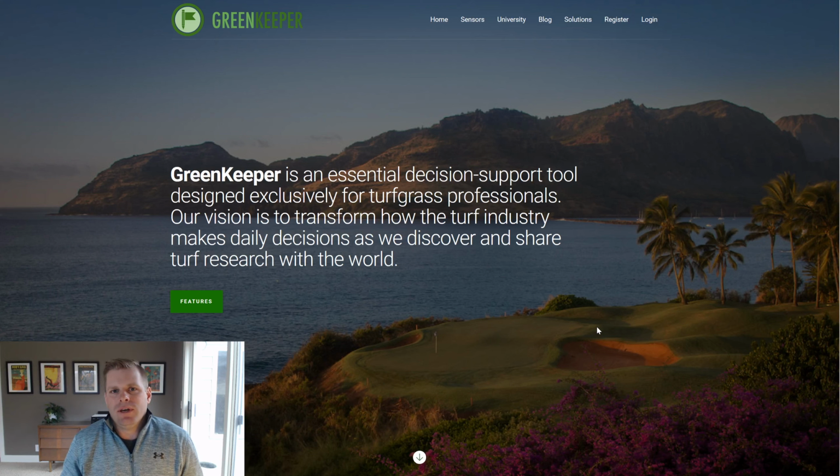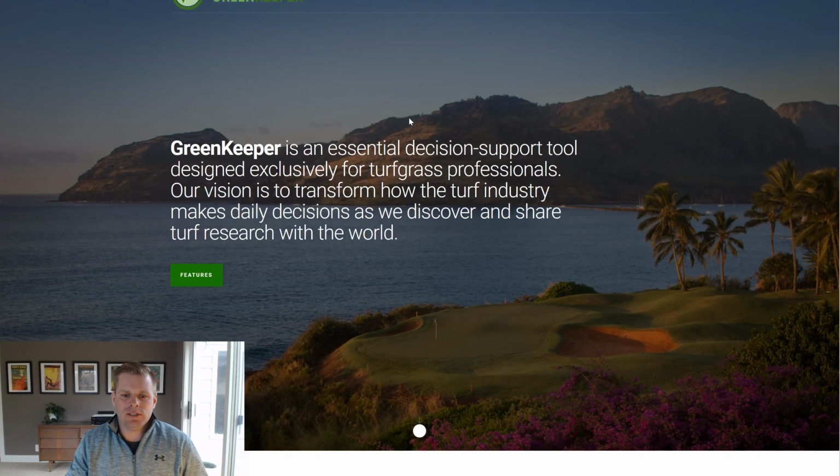So the first thing to know is Greenkeeper app is a web-based application. That means it runs on your computer, on your internet browser, or it can also run on your phone's browser. It's not something that you would download in an app store. One of the benefits of having it run this way is that we can allow Greenkeeper accounts to be linked to multiple users. So you go to greenkeeperapp.com on your internet browser, and you'll come to this initial